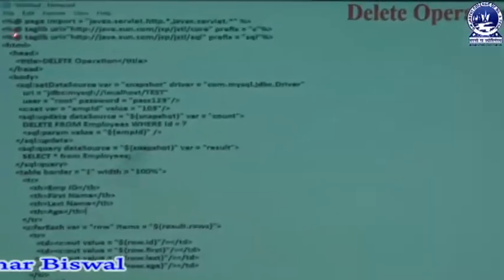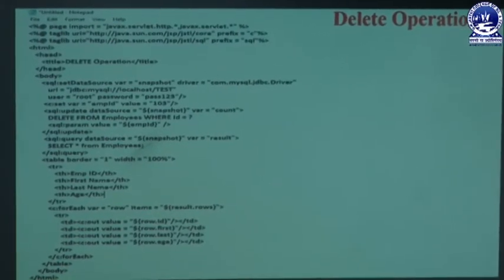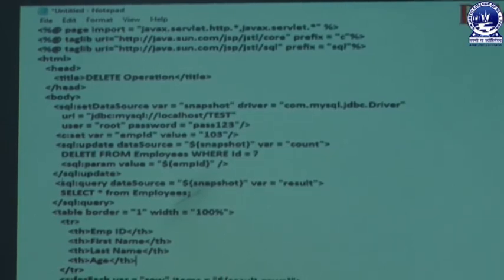Here in this slide, first of all, we are importing some packages like the IO package, util package, then the SQL package is also imported, which is not written here, but still it is present in that part. Next we are importing the Servlet package and servlet.http and servlet star, means both the generic Servlet as well as the HTTP Servlet package are imported in that section. Next we are writing the taglib directive. In that taglib directive we are fixing the prefix C and another prefix SQL. In this way we are mentioning a user defined taglib section.